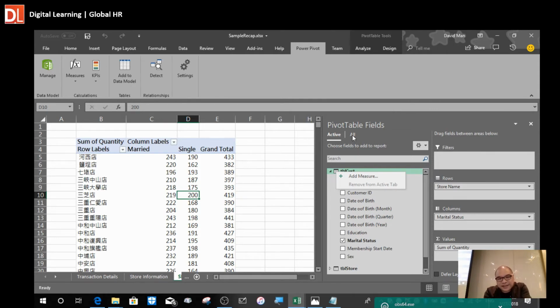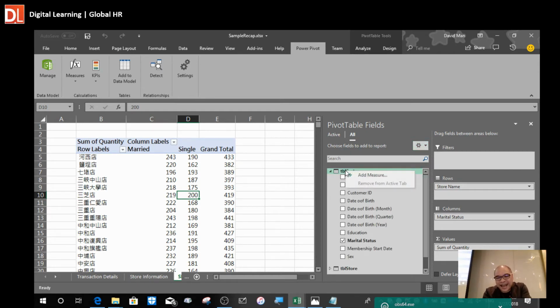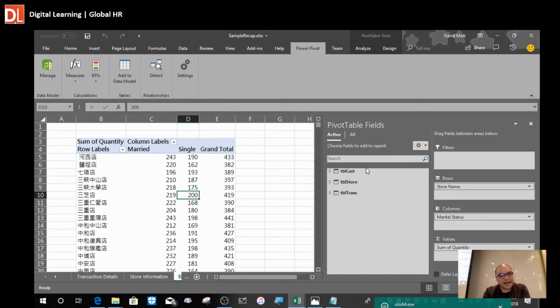I can't do it because it is already activated. This is not a good example. Okay, let me show you. For example, in this scenario, if you want to put it back, to hide them from the active tab,